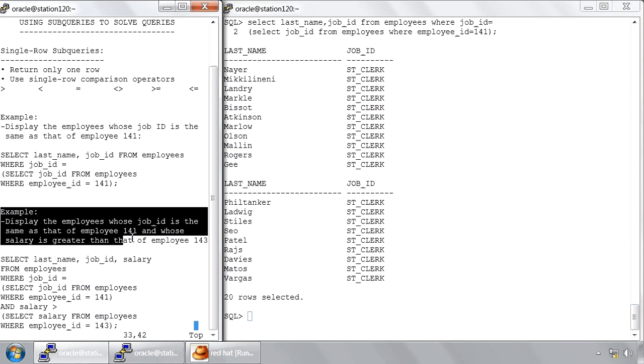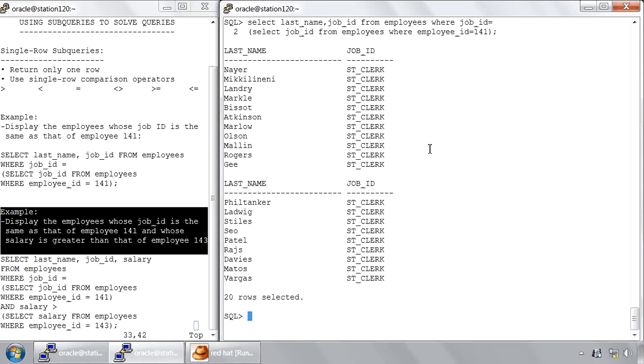In the same way, let us discuss the next example in which we are going to display the employees whose job ID is the same as that of employee 141 and the salary is greater than that of employee 143. Now let us solve this example. Select last name, job ID, salary from employees, where job ID equal to the inner query,